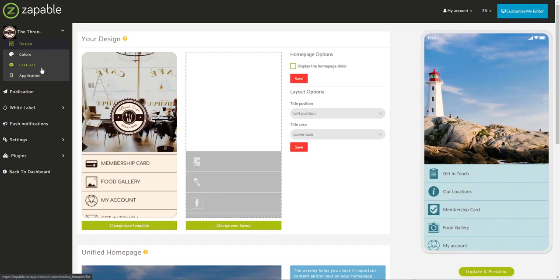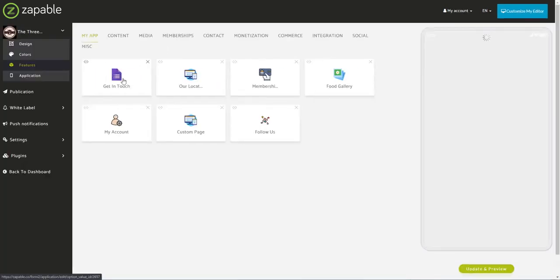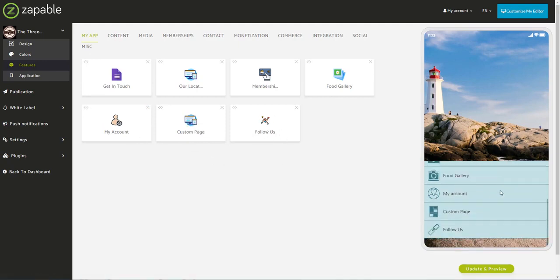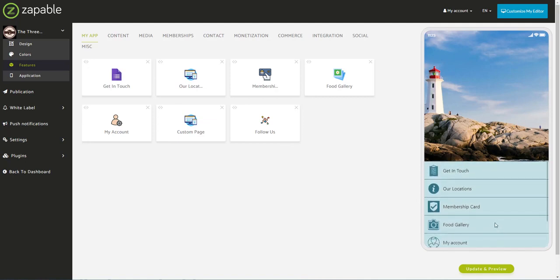So if I go into the features section here, we can see that we've got the get in touch, the locations, membership card, a food gallery, the my account option, we've got custom page, and we've also got the follow us option here as well, so you can see all these in here. Now I have just made some light customizations on here and populated some text just to give the app a look and feel, but we will be going through each of these to get an idea of how to customize them and change them for the app that you're going to build, the business that you're going to build an